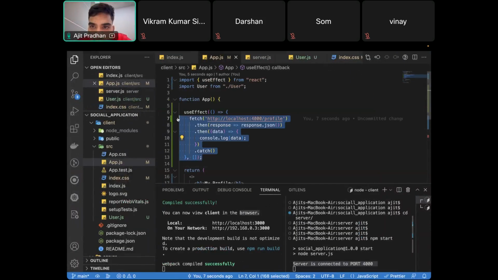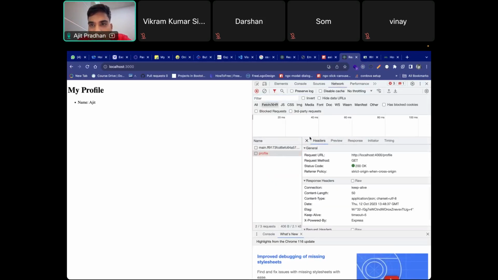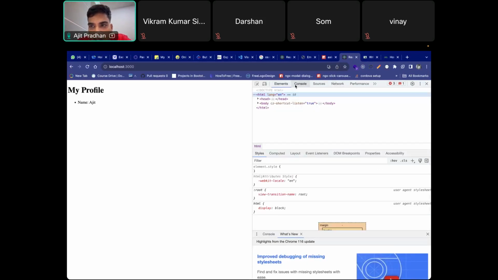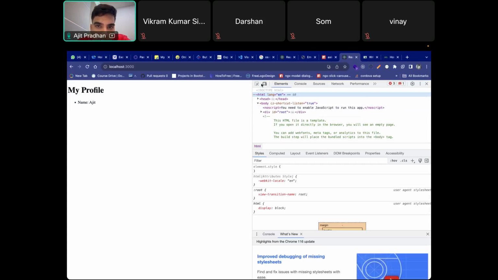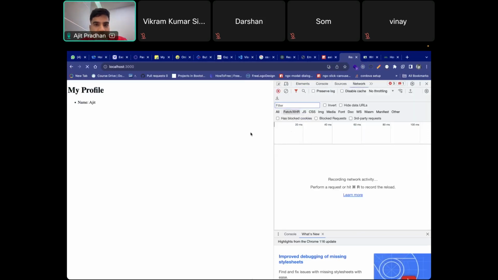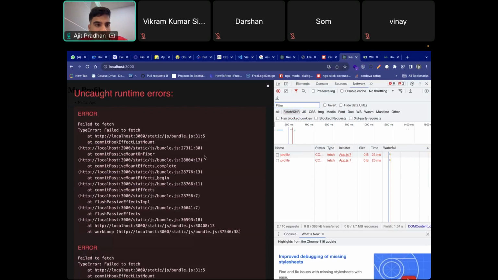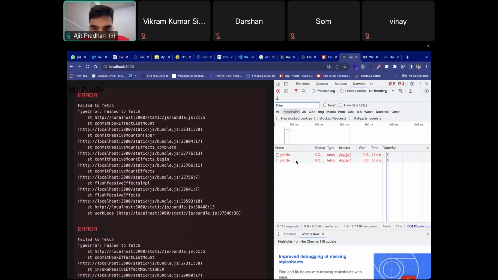If I go here, you can see there is one HTTP request. Let me click again. You can go to that by clicking inspect. You can inspect the element, if you guys have done it before. And if I go to the network tab and refresh it, okay, this is live now, because there's one error, that's why it's coming. When I go here,